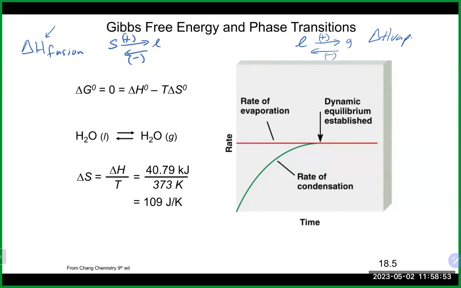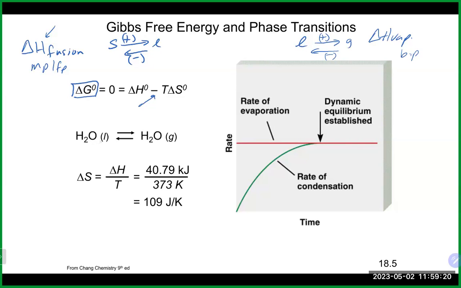At exactly those points, either the melting point, freezing point, or the boiling point, again, we do have both of the phases in equilibrium with each other. And because of that, that means if we look at our equation we've been looking at, our delta G will equal 0 because it's an equilibrium process. Now, if we rearrange this equation and solve for the delta S,